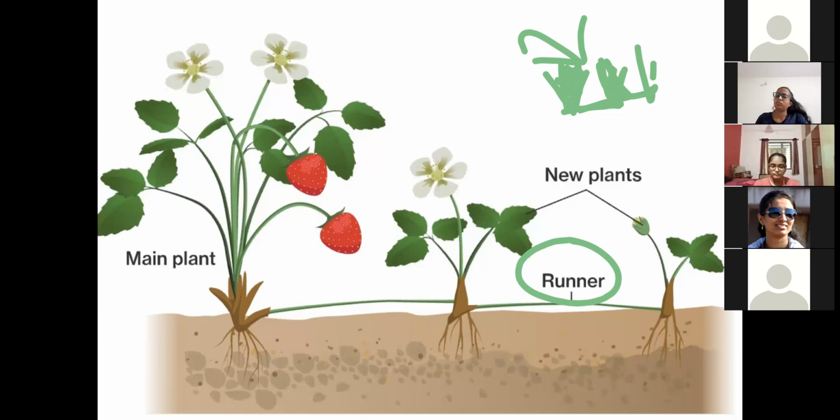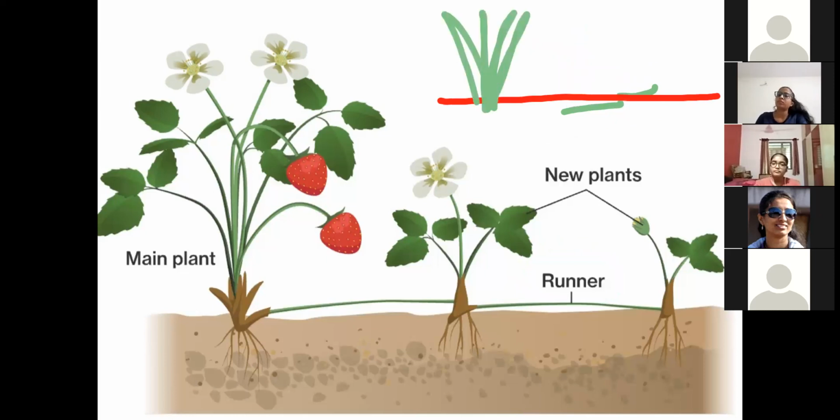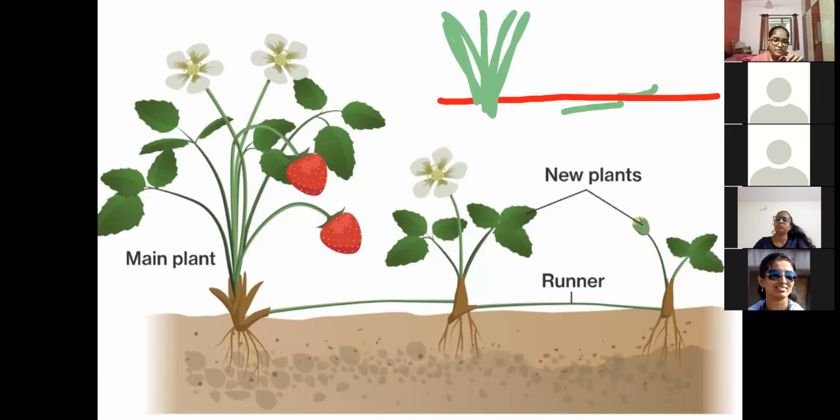Why does this thing happen? Because over here, this is the main plant. Understand, over here the soil surface is present. Next, here the main grass, the main plant body, is there. These are the leaves of the grass. Do you see the stem of the grass from outside? Have you observed, or only the leaves? Tell me. Only leaves or with stem? Ma'am, only leaves. Only leaves, correct.